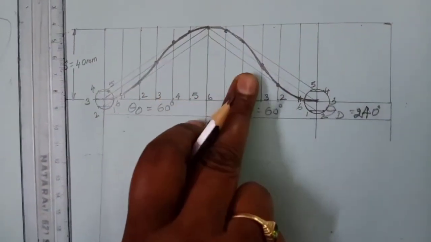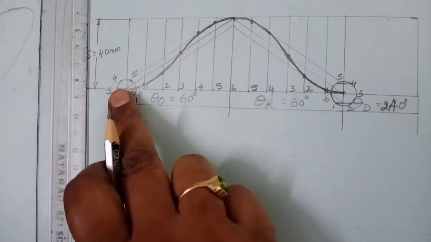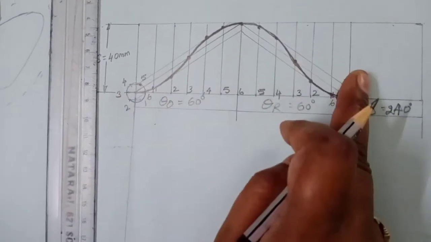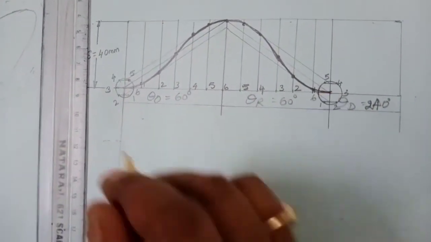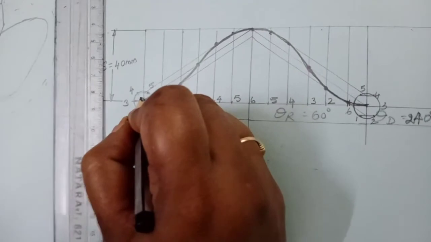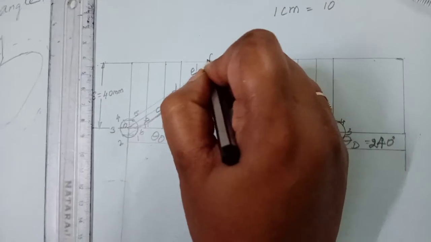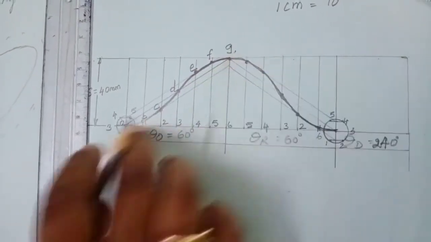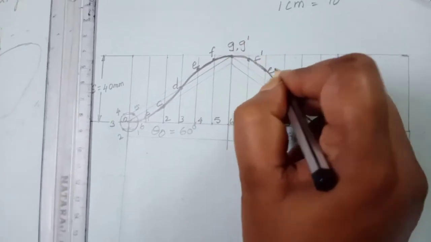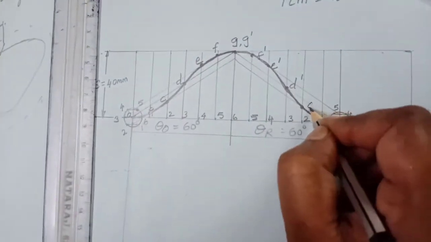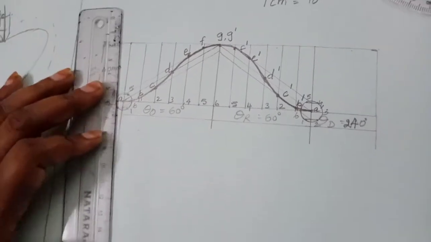So now in the return stroke, the same way you have to do it in a reverse manner. So make the circle here, and whatever procedure I have told in the outstroke, the same procedure you repeat for the return stroke. And the numbering you have to do in anti-clockwise direction. And whatever points you are getting, you just make them as a reference: A, B, C, D, E, F, G. Now the return stroke starting immediately, so give here G dash, F dash, E dash, D dash, C dash, B dash, A dash. So this is your required displacement diagram.